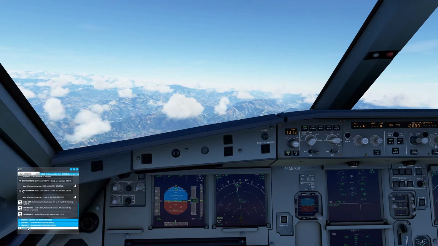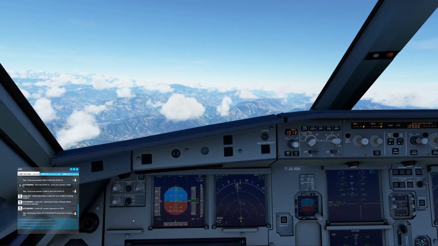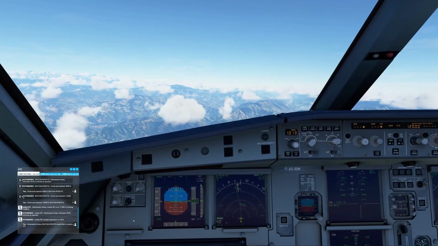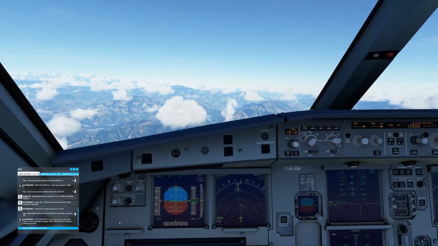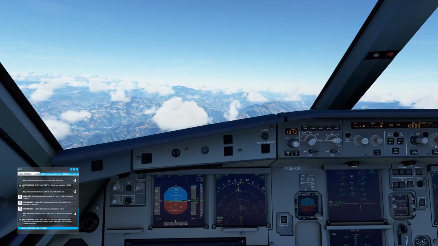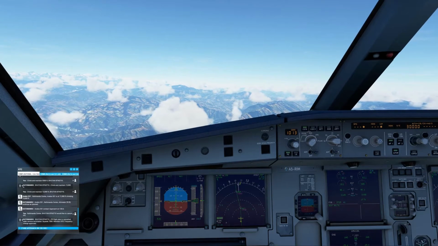So let's cancel IFR. Kathmandu Center, Bhutan Bravo Tango November 3710 would like to cancel IFR. Bhutan Bravo Tango November 3710, IFR flight plan is canceled. Radar service terminated. Squawk 7000. Maintain VFR. Frequency change approved.